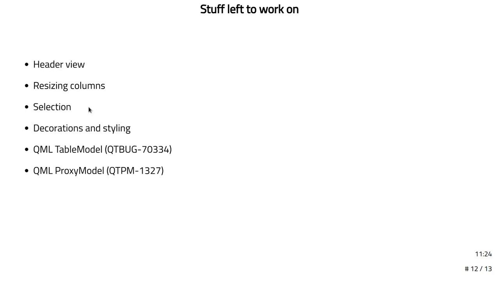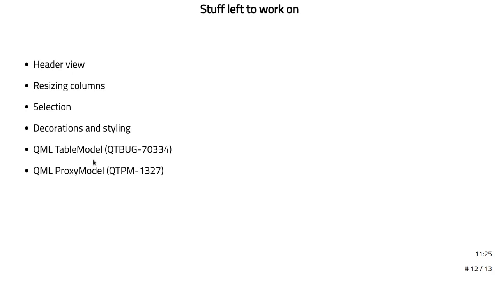But again, it's probably going to involve a drag handler to drag out a rectangle across the range of cells that you want to select, and then it will have to calculate which cells are those, and then there'll have to be a selection state, which will be a new role or something like that, so that the delegate can be rendered in a different color. And of course, so far you're completely in control of the appearance of your delegates in the table, but we would like to provide some reusable delegates that you can just instantiate. The table model so far I've implemented in C++,